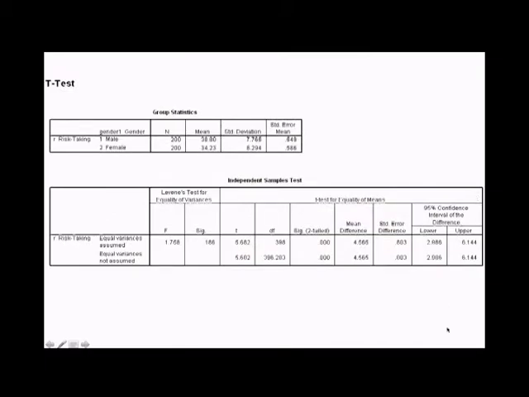And we'll get this output. So what this shows us is, in our sample, there are 200 men. On the risk-taking characteristic, they got a score of 38.8. The women got a score of 34.23. And down here, we'll look at the t-test results, and we'll look at this part of it, t-test for